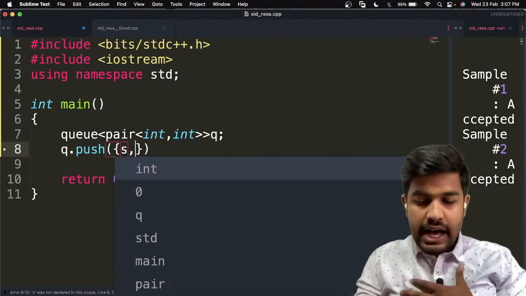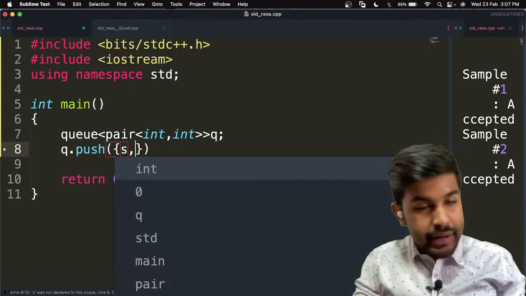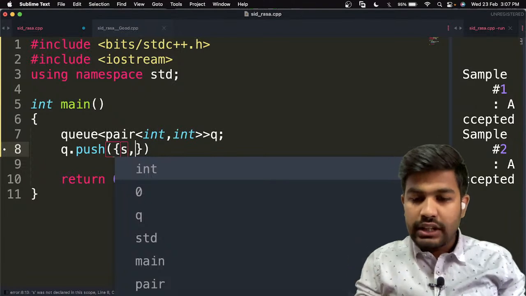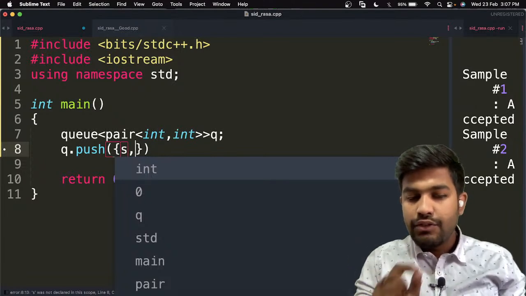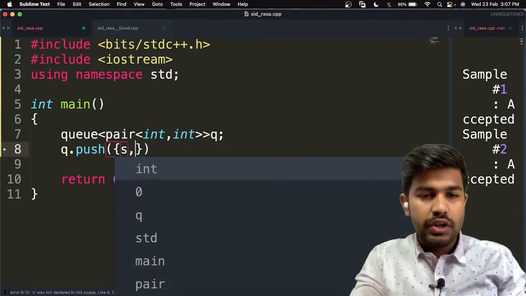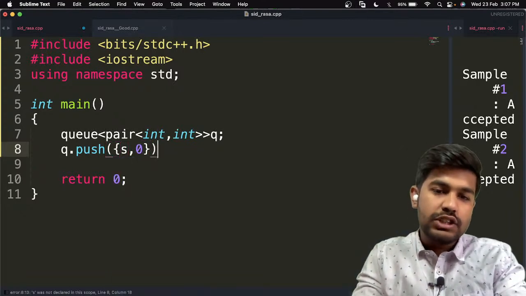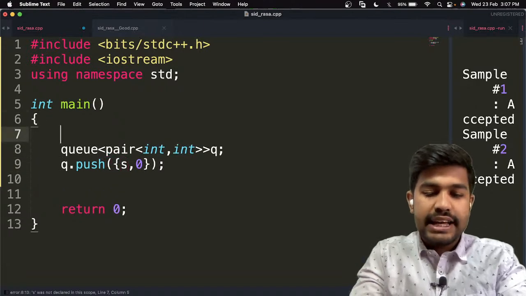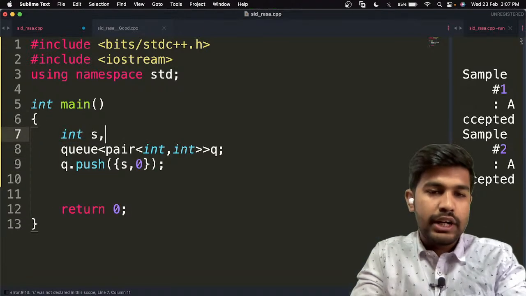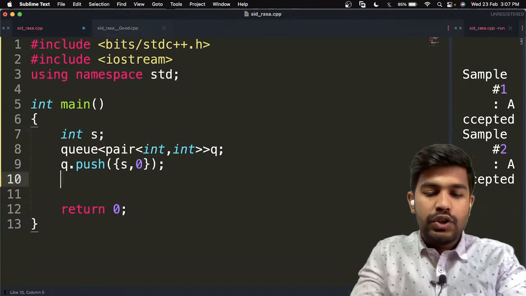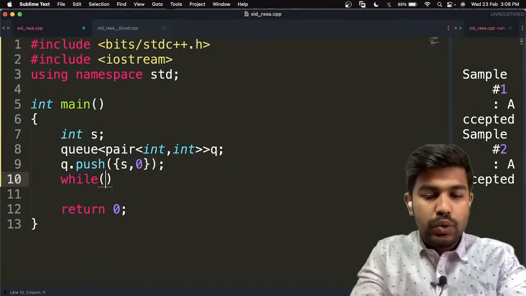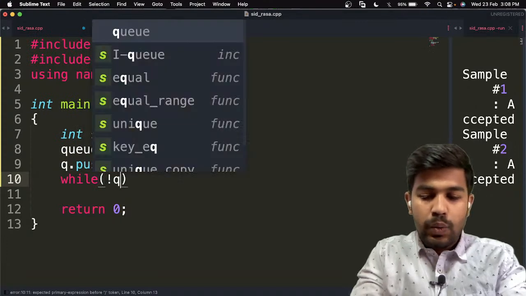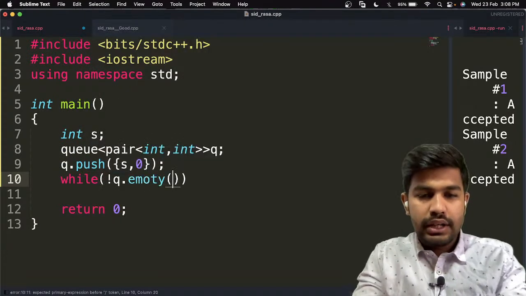Why? Because suppose I am at my house and I want to visit my house, then the distance that needs to be traveled to reach my house is 0. That is why the source will have a distance 0 and we push that to the queue. We quickly initialize s also, so that we don't have this error. So now, while the queue is not empty,